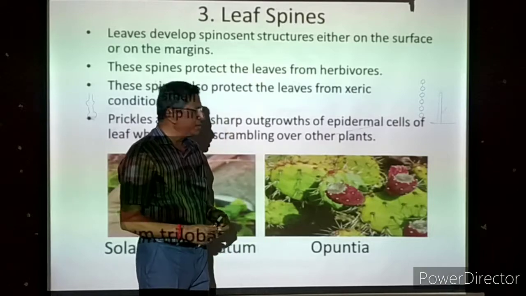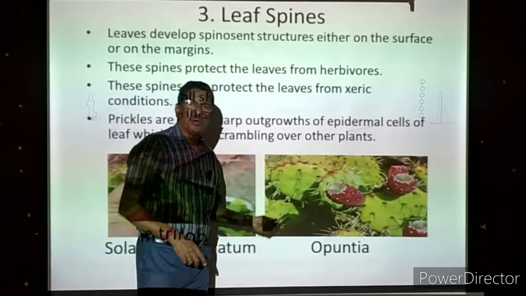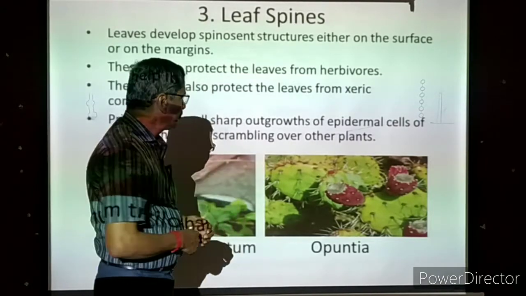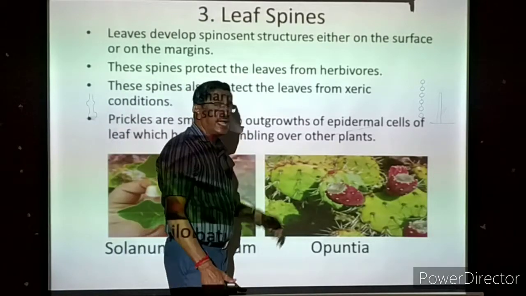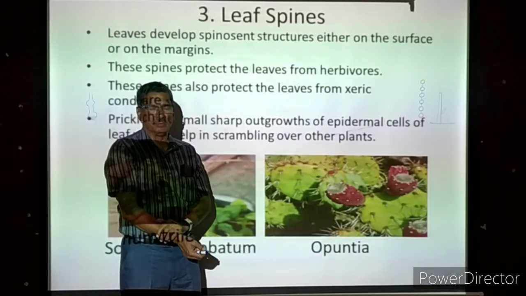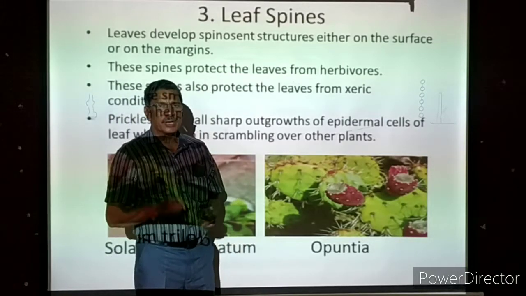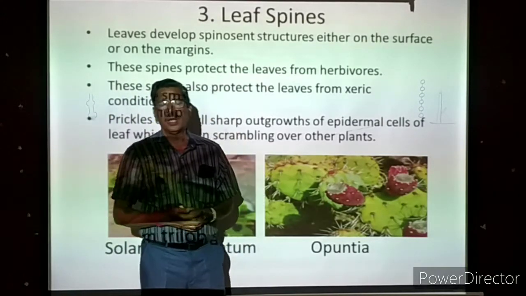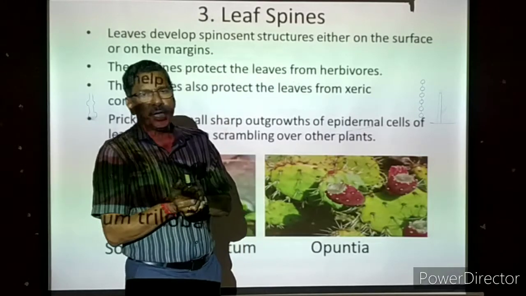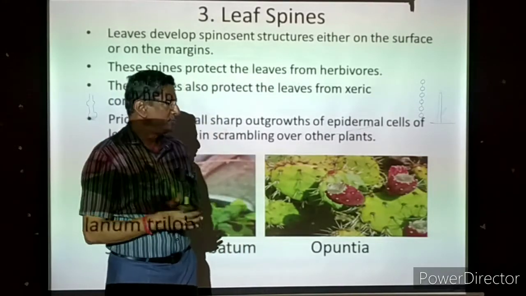Now why does the plant have leaves which are modified into thorns? What is the purpose? Now the plant is living in a dry area where water is not available. The soil is most of the time dry. So the root is absorbing water, supplying the water to the stem. But the stem has special tissues to store water for future.